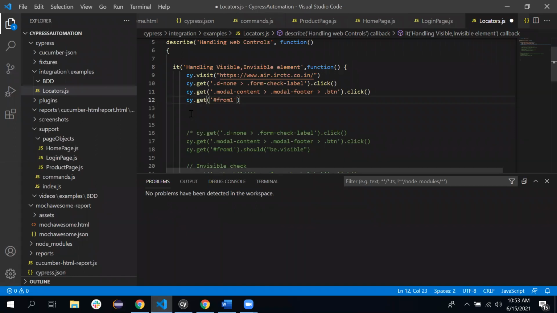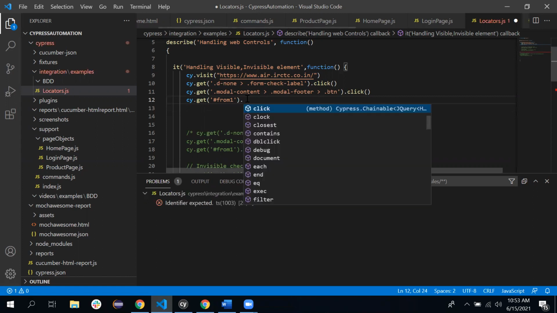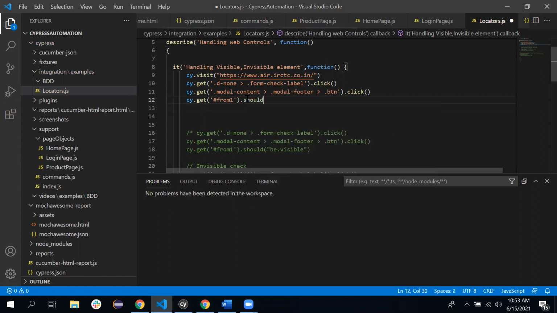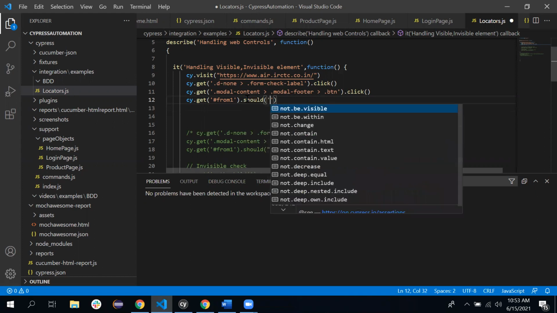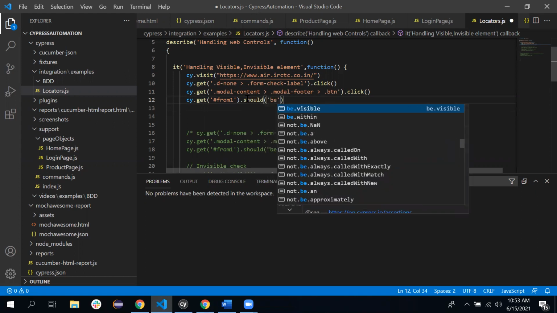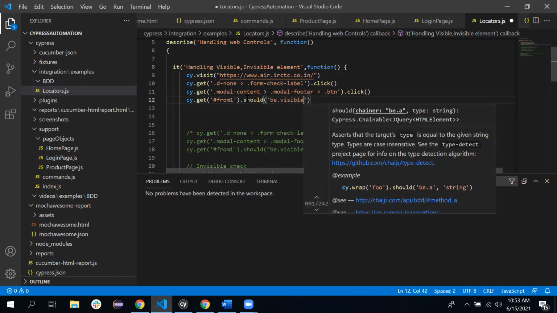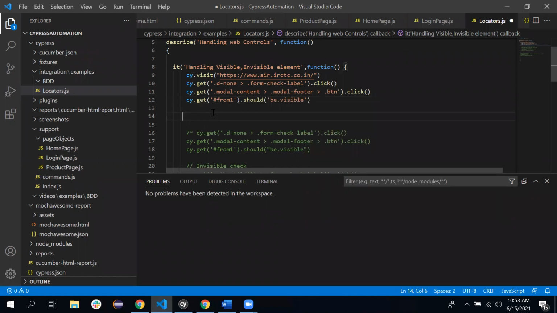Using that CSS we can uniquely identify this particular checkbox. To check the visibility, here we can use the assertion provided by the Chai framework, should, to check the visibility. For that we put a should, and here is the method called be.visible that checks the visibility of that particular element, whether that element is visible or not.